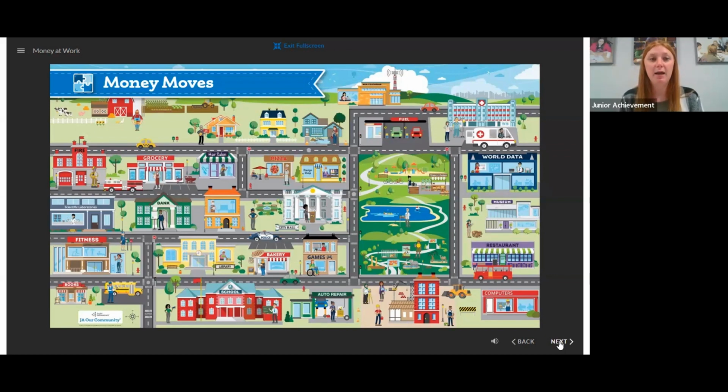Or maybe I need something from a teacher. I need to go back to school because I'm a CEO or an entrepreneur. They're going to work together to pay for each other's goods and services. So although you start with $10, you probably won't end with $10. You might give money, or maybe your career is very popular and you're going to end up with more money